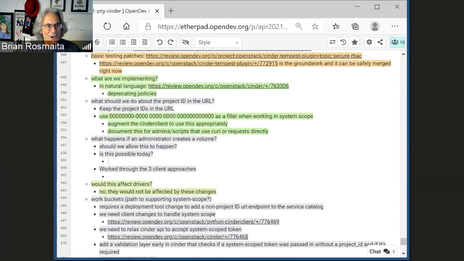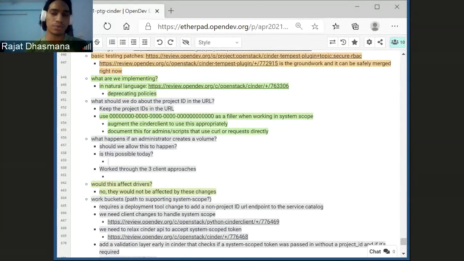Can I ask one last topic? Oh, sure. Sorry, Rajat. Yes. So I was looking into the user pattern and it said we need to create a new endpoint with zeros in place of the UID, and so is that it? Are we going to create this endpoint?